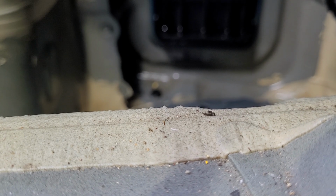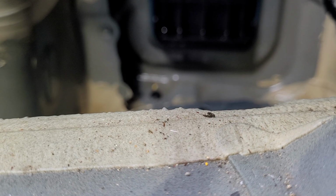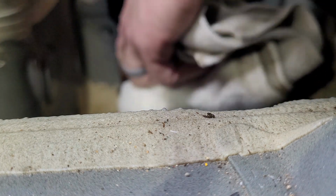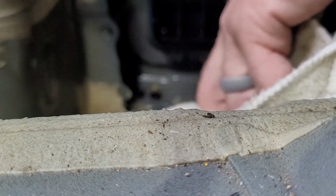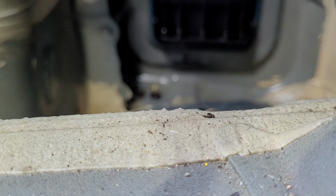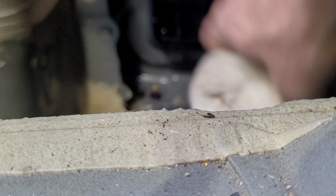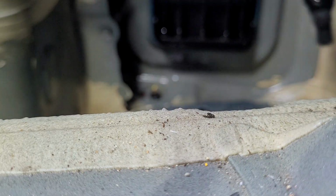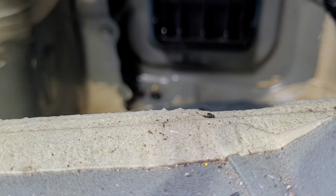And I'm going to plan to get the GoPro up and running. I can put that on my head. You guys can get a better shot of what I'm doing. Some of this is virgin territory for me. I've never had the battery compartment disassembled like this. But I have opened the trunk before, manually. It's just been a while. I had to look up how to do it. And I've done a lot of things on this car. So